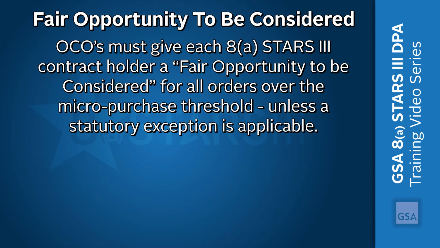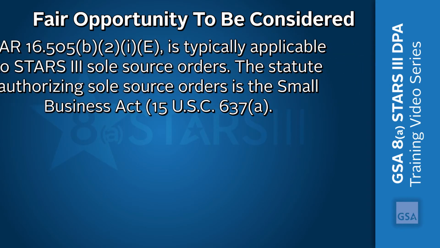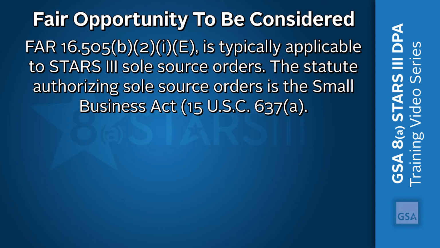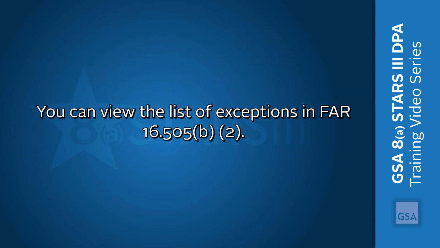OCOs must give each 8A STARS 3 contract holder a fair opportunity to be considered for all orders over the micro-purchase threshold, unless a statutory exception is invoked. The exception to fair opportunity at FAR 16.505(b)(2)(i)(E) is typically used for STARS 3 sole source orders. The statute authorizing sole source orders is the Small Business Act, 15 U.S.C. 637(a). You can view the list of exceptions in FAR